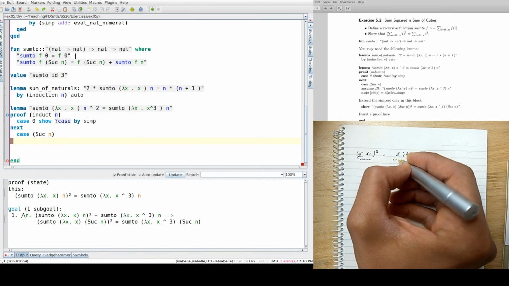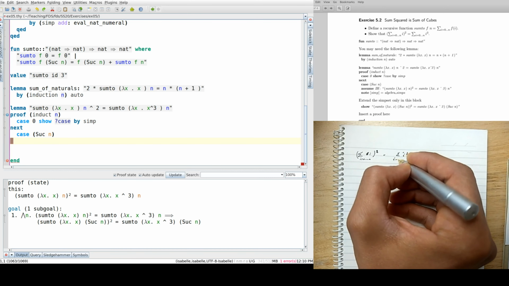Okay, so the induction hypothesis will be: we have that for n, the summation of i from 0 to n, squared, equals the summation of i cubed from i equals 0 to n. And we have no premises here because the theorem doesn't have any assumptions. So that's basically what we will need to manipulate directly. Okay. So the goal is to show that